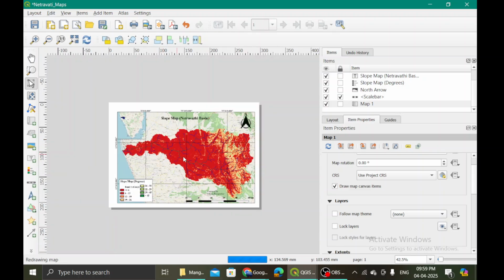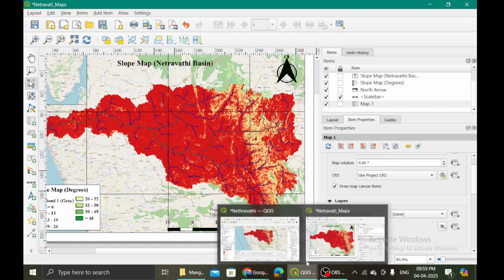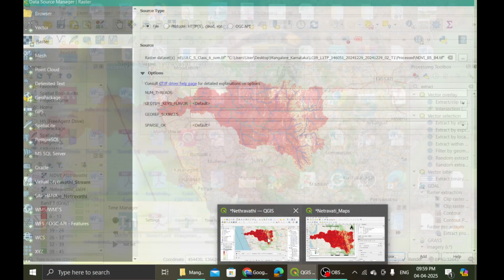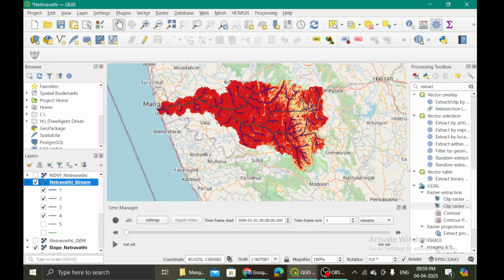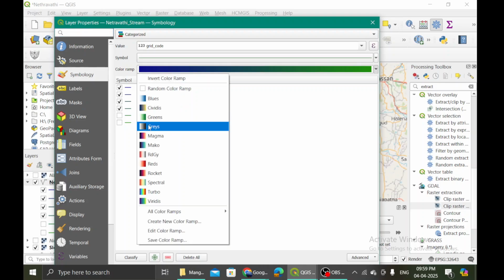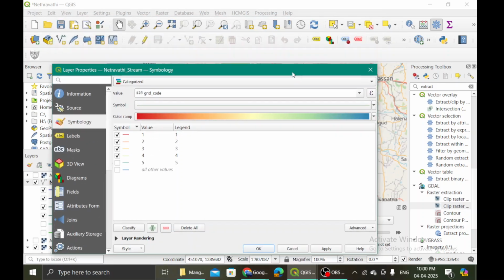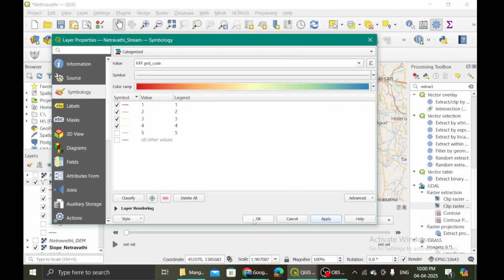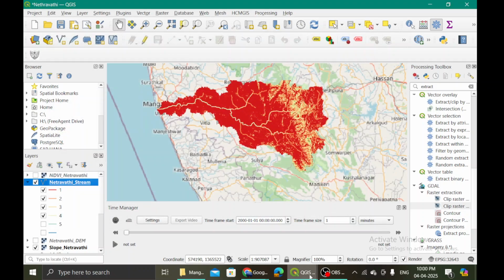The streams have come, but the stream orders cannot be seen very nicely. So let me again go to properties, and here I will change the color ramp to maybe something spectral. I will make it look a little funny for now because I'm running out of time. Then hit apply and then OK. So something has changed.